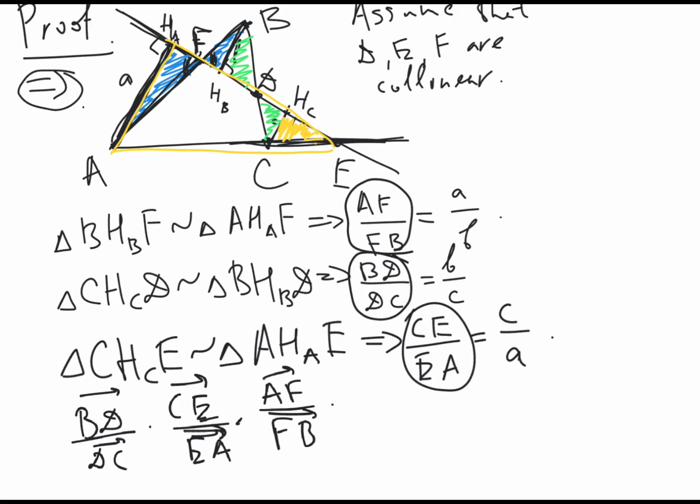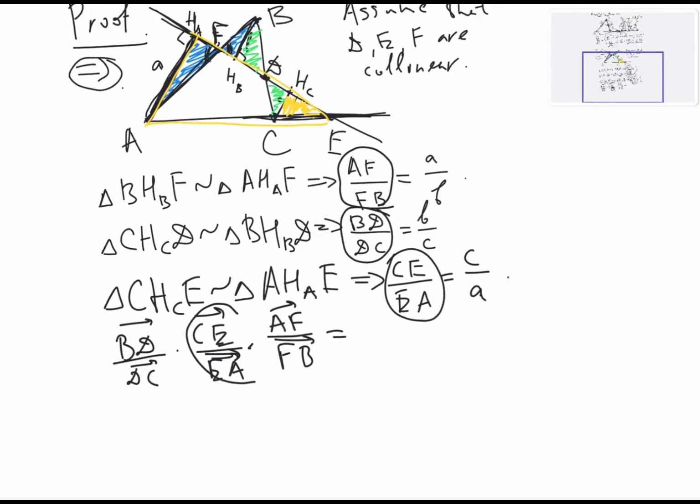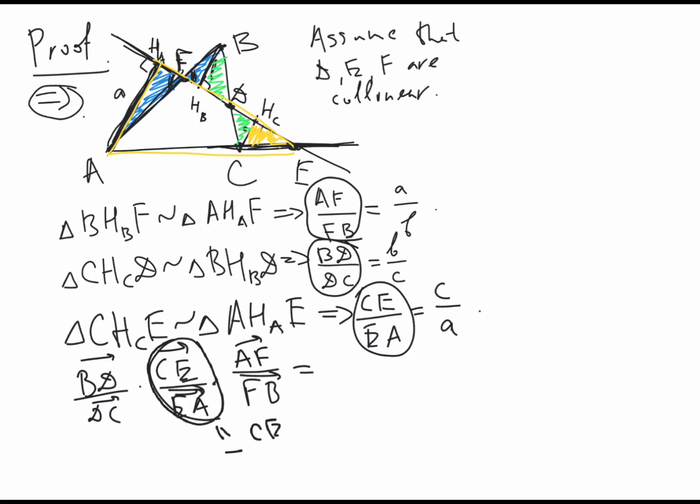So in this case only this ratio is negative. So the way that the line passes, notice that F and D are on the sides of the triangle and E is on the extension. So this ratio is negative, so it's equal to minus CE over EA, and these two other ratios are positive,